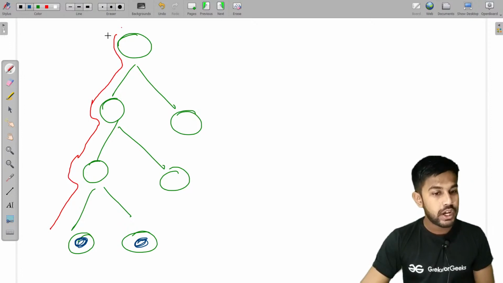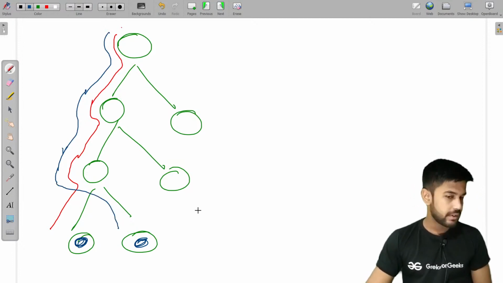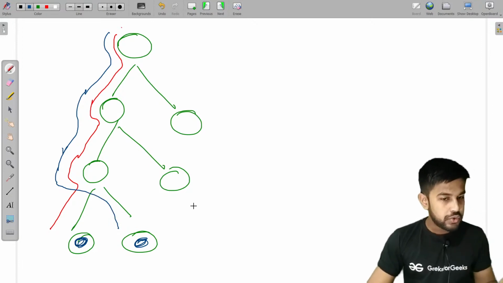Okay, now we would again start from here, again from here, again from here, again from here. And after this we would go to this side. Okay, good. Now if you do the dry run for 2 or 3 more binary trees, you would come to